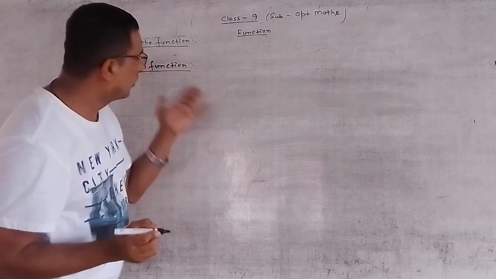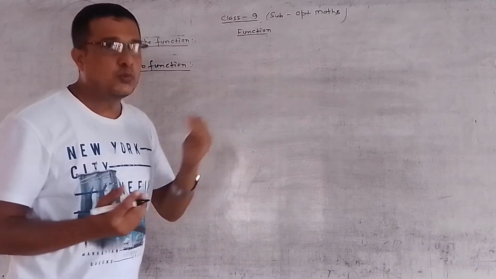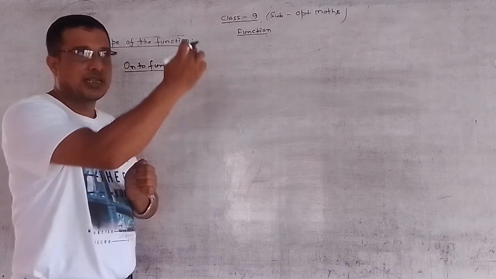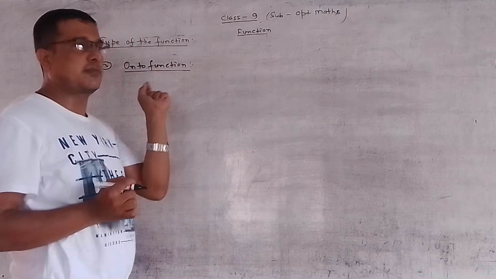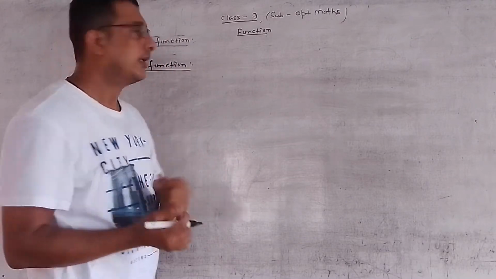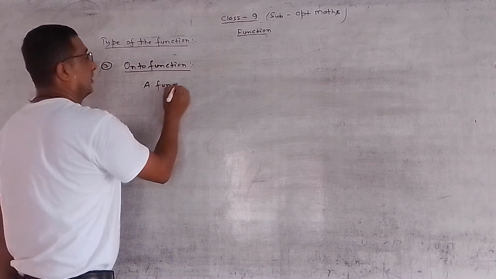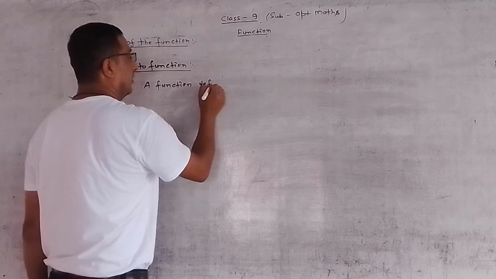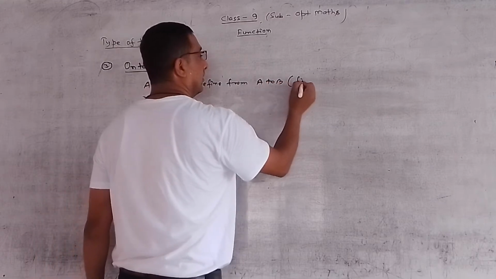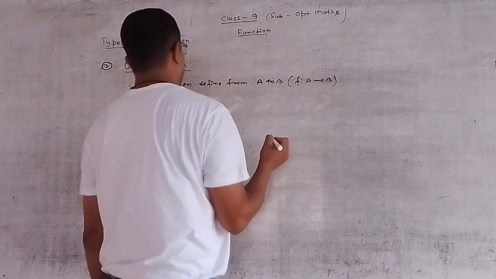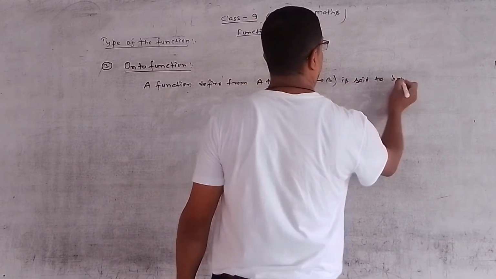Onto function. This function is defined from set B, not set A. The first two functions are defined from set A: in set A each element is mapped separately, and at least two elements of set A map to one element of set B, which is many-to-one. So, a function defined from A to B is said to be an onto function